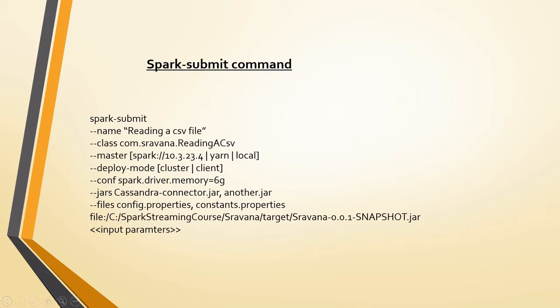And also if you have any other input parameters, let's say you are sending a file as input parameter, you will mention that file path here. Or if you are mentioning some threshold, let's say 100 or 120, then you will pass that. Or if you are searching for a string, say apple, and if it is equal to that you perform this task. For such kinds of input you can pass them here one by one, separated by spaces, as many parameters as you need. So this is the typical Spark submit command that will be used for submitting Spark applications.